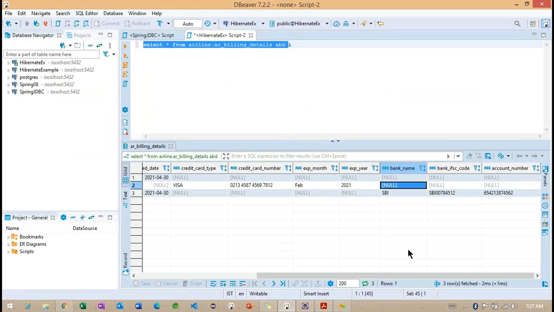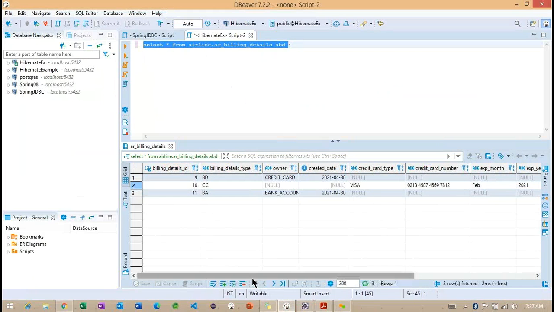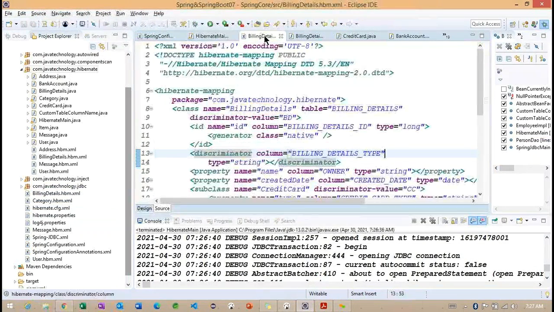Back to here, we need to go to the database. So run this particular select query. Now you can understand the drawback we need to understand here. You can see the billing details type. What is the billing details type we are having? Something called BA. So where are we trying to specify this BA?